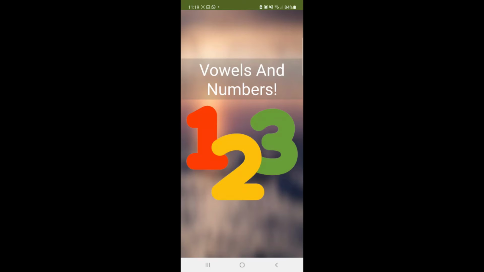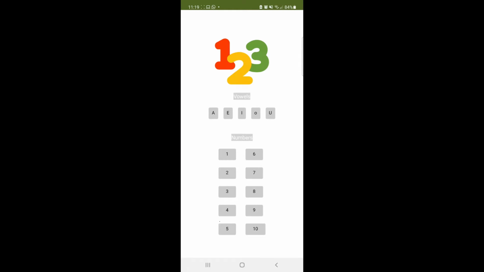Start with the loading screen. The app is called Vowels and Numbers, and when we press the vowel screen, it automatically changes to screen 2. That is screen 2, where you can see the buttons with vowels and numbers. They are 1 to 10 and A, E, I, O, U. When you click a button, the image will change, the background color will change, and audio will